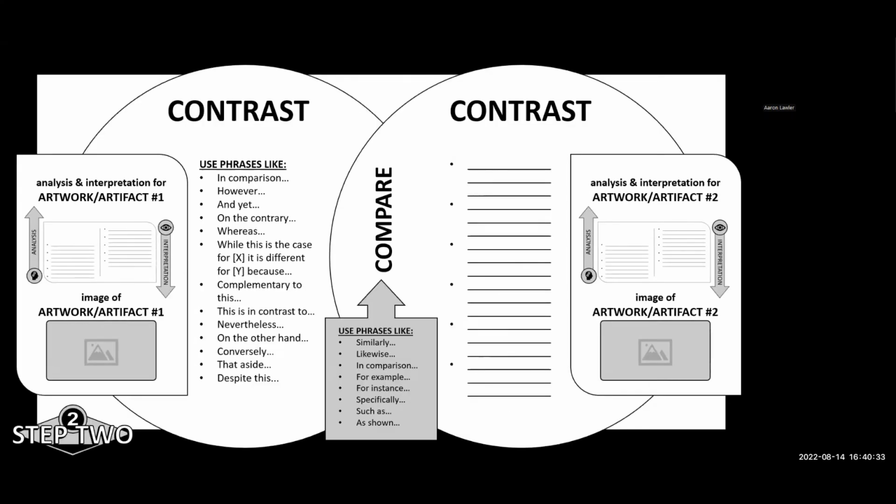Okay, now this is where it gets a little complicated because you basically do that entire process of analysis and interpretation twice, because you do it for both of the artifacts that you have chosen. And then you compare and contrast those two works. And the idea here is to try to tease out information that you couldn't find just by looking at a